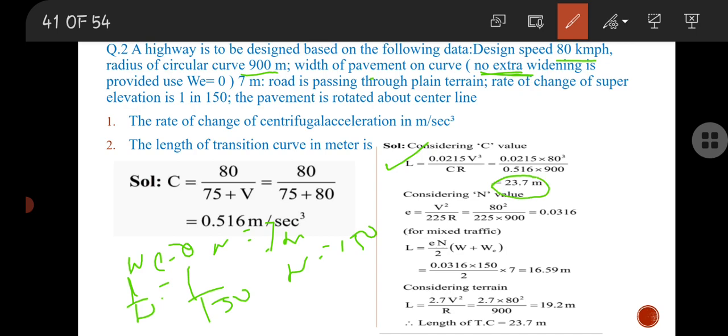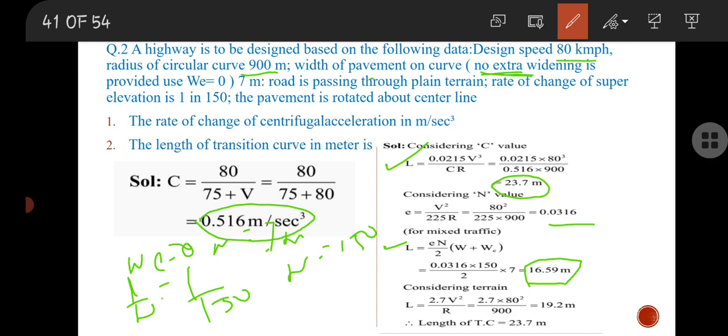Here C is not given. We will have to calculate C, that is the rate of change of acceleration, from the formula 80 by 75 plus V, which comes out around 0.516 meter per second cube. Then, as no super elevation is given and this is a design question, we will calculate the super elevation by considering mixed traffic condition. Super elevation is calculated as 0.0316. Then applying this in the formula, we calculate the length of transition curve, that is 16.59 meter,